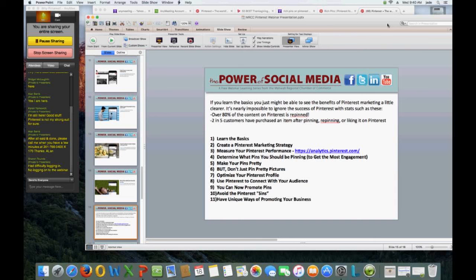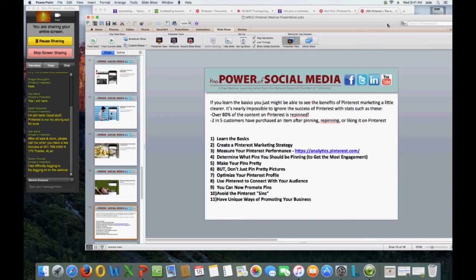Men, you're more cautious, but women, we just go all out and purchase something we like. Make your pins pretty. Why not? And you get recognized, but don't just pin pretty pictures. You definitely need to have a link. If you have a good link with good info on the back end, the landing site, then it's valuable.